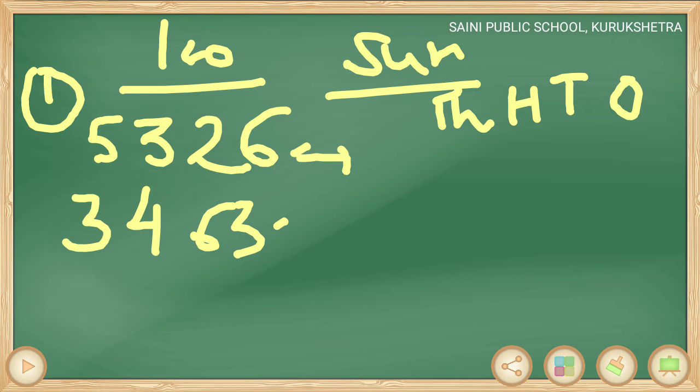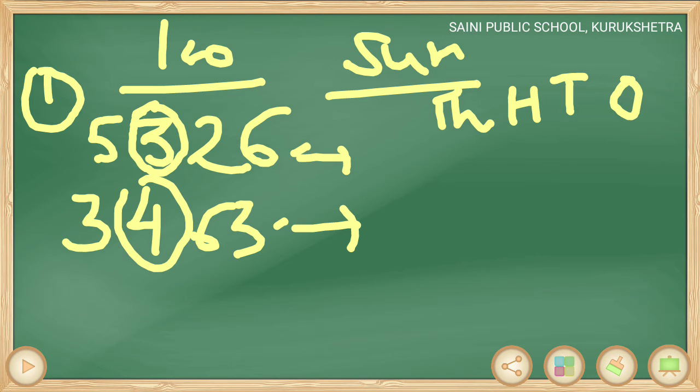Now we will round off these two numbers to nearest 100. So there are mainly 4 steps for this. First of all, find the place which you want to round off. In this example we want to round off 100 place. So here are two digits 3 and 4 at 100 place which we want to round off. Now second step, observe the digit on right side of rounding off place. In this example here is 2 on right side of 3 and here is 6 on right side of 4.